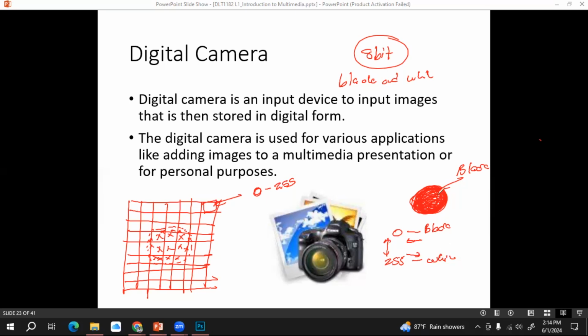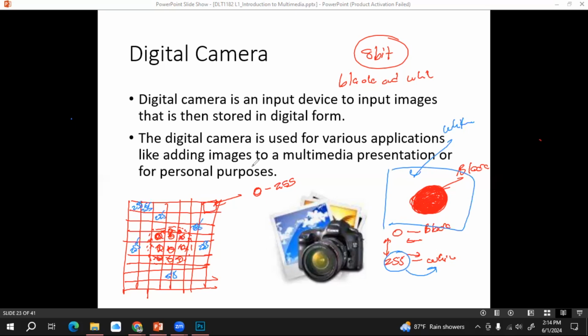Then let's say this one is a black object, the area will be filled with zeros, right? Then the background, let's say the background is white. 255 represents the white color. Therefore, digital cameras can put 255 on the remaining pixels, right?